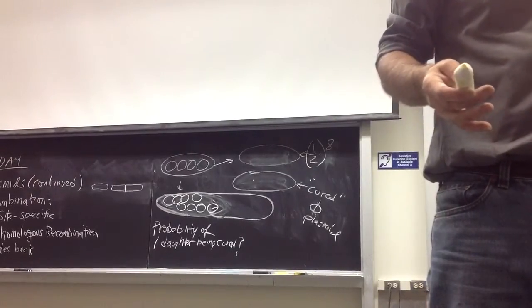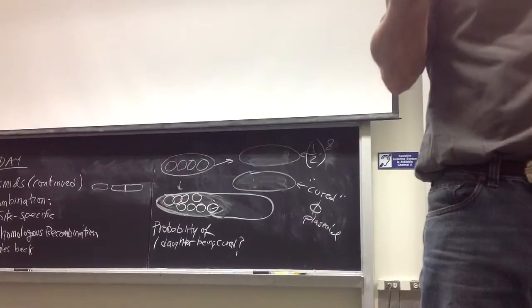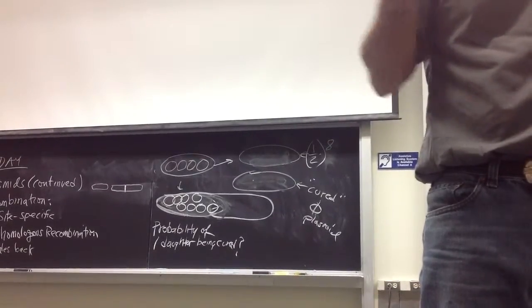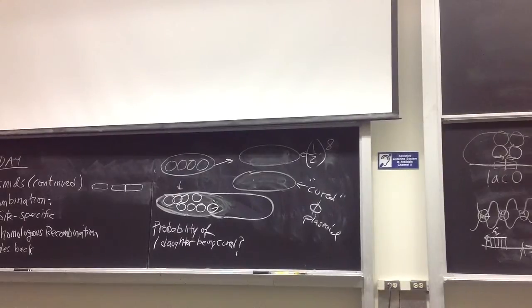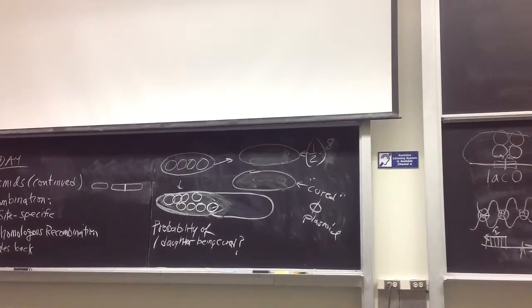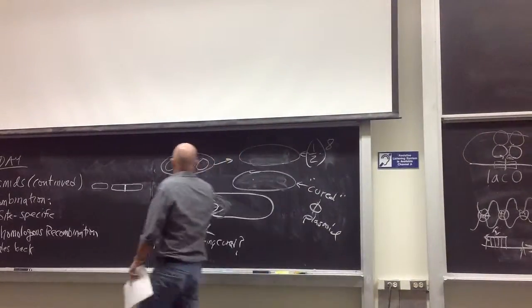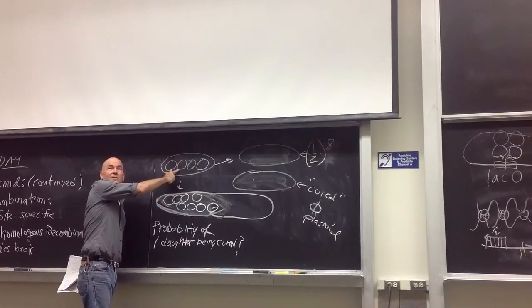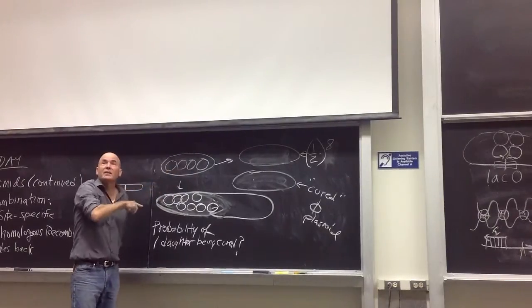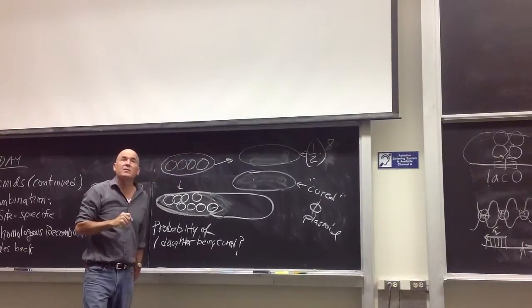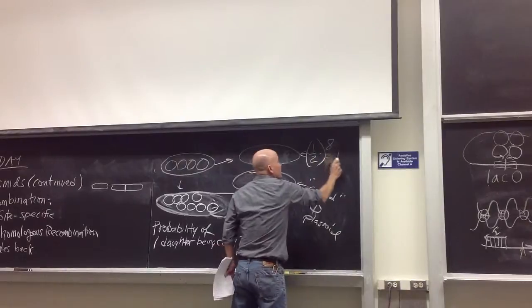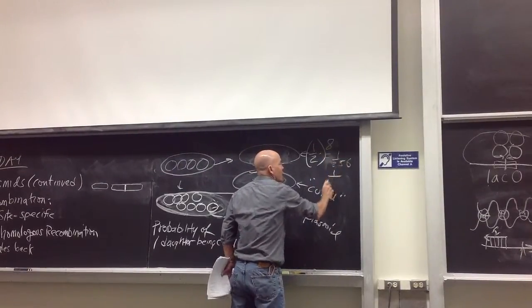Does that make sense? What's the chance that some daughter is going to be cured? I said the chance of 1 daughter. Come on. The chance that at least one of those daughters is going to be cured. 1 out of 2 to the 8th multiplied by 2, correct? Because you've got one daughter and the other. They're both possibilities. If that's hard for you, all you have to do is go back and try this problem with a copy number of 2 and work out all the possibilities of where you could put those 2 plasmids, and it's really straightforward. So that would be 1 out of 256 for any given daughter and 1 out of 128 for